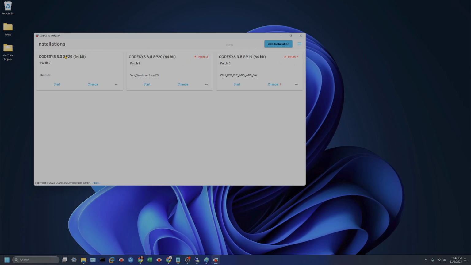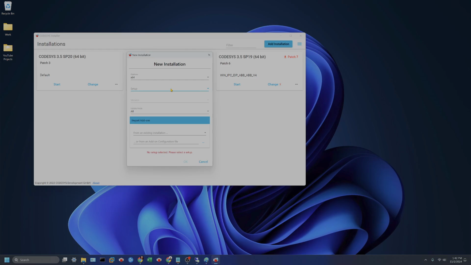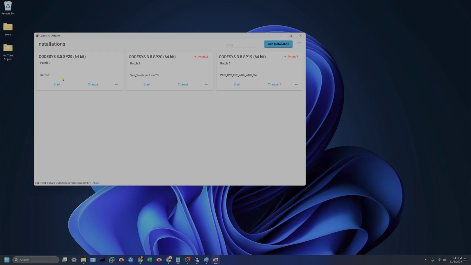You can see I've got a couple of different things, and I won't update a few of these. If I wanted to add an installation, you can pick out anything that you want, older installations and everything, and it will download and update and put all the libraries and everything that you need for that into your installation. You can start and then pick a default. But we're working on the newest of the new, so 3.5 Service Pack 20, Patch 3, and this is set to our default. So I'm going to go to Change,